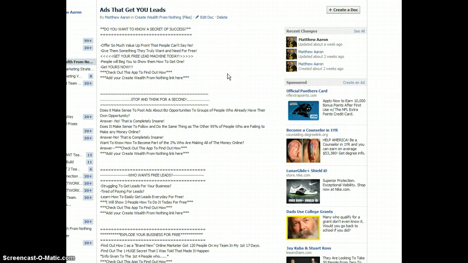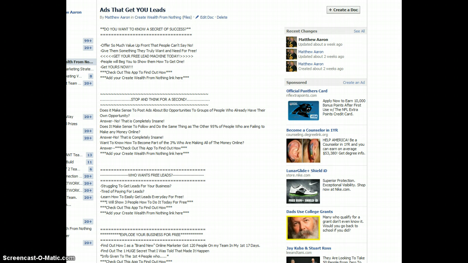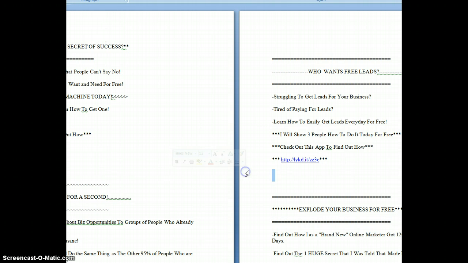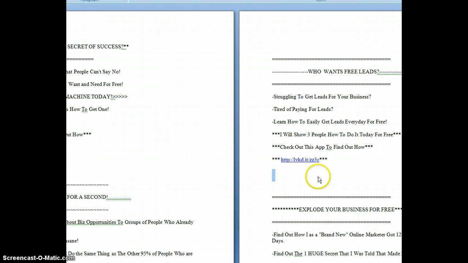What I've done, and what I suggest you do as well, is rather than having to bounce back and forth between everything, I would recommend that you just copy these ads and save them in a Word document, which I have here. So basically, I have those 5 ads copied here, and at the bottom of each ad, I've put my link for my Create Wealth from Nothing system. So what you should do as well is just go ahead and put your link at the bottom. That way, whenever someone reads the ad and it says check out this app to find out how, they click on your link to your system. So really all you need to do at this point is copy the ads,